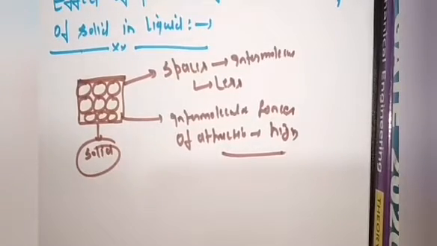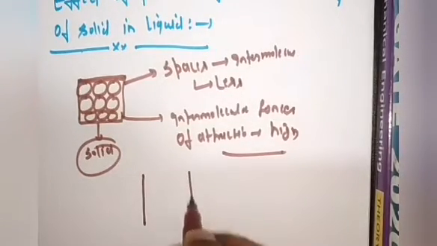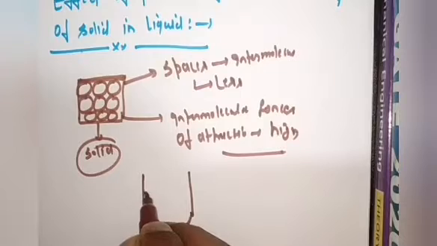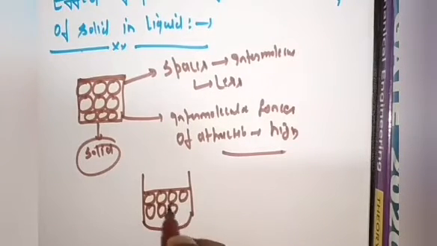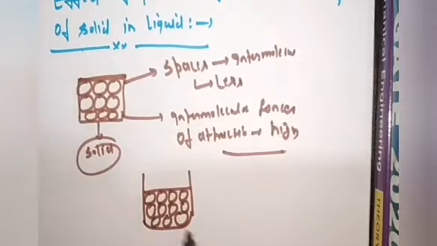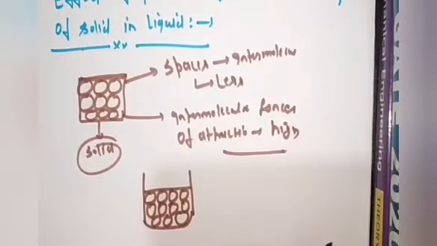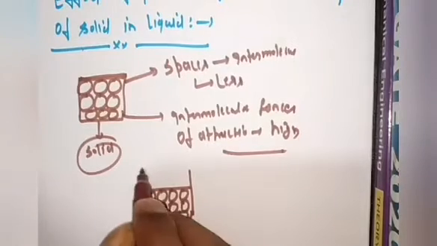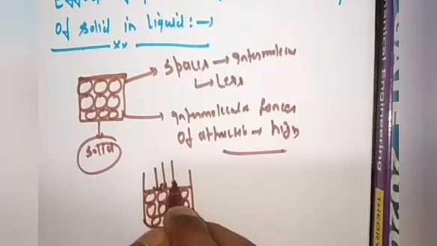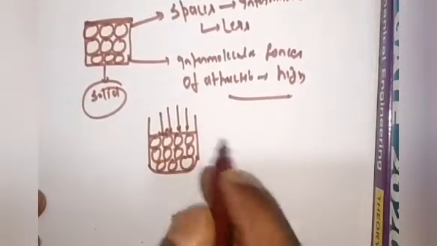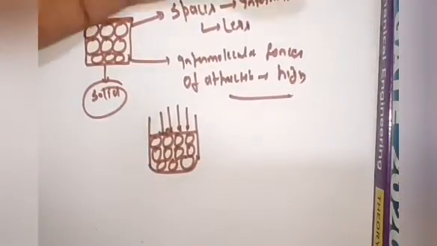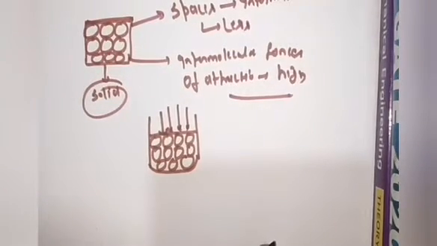Now see, what happens if you put a solid into a container and try to apply pressure. Already the intermolecular spaces between the solid molecules are very low. If you apply pressure, what will happen? Already the spaces are very less. After application of pressure, again it will try to put the solid molecules very near to each other.